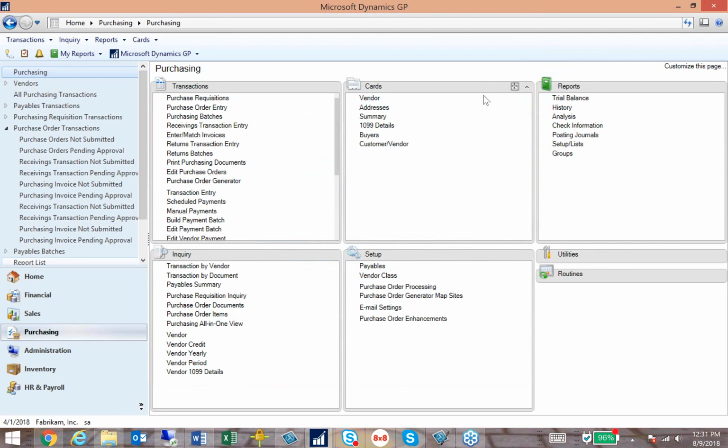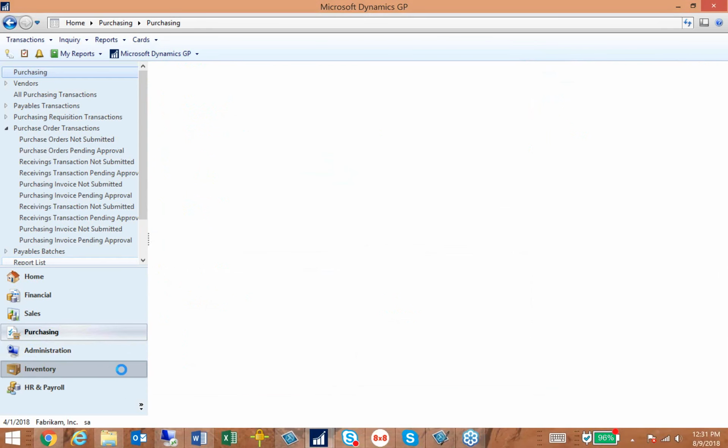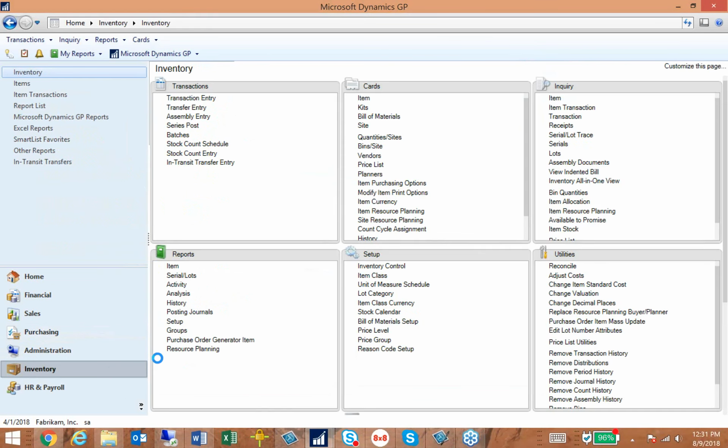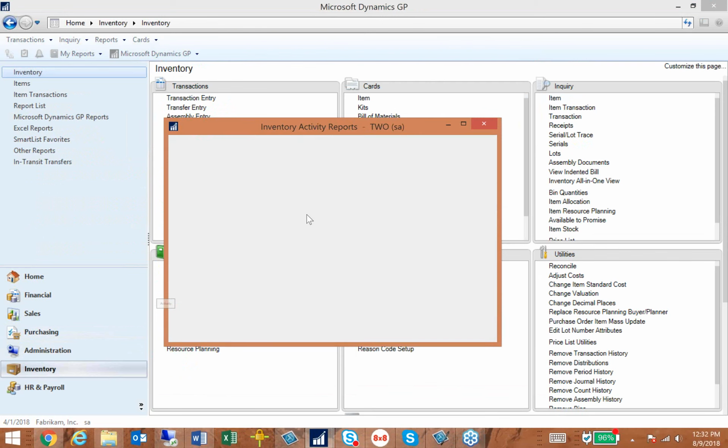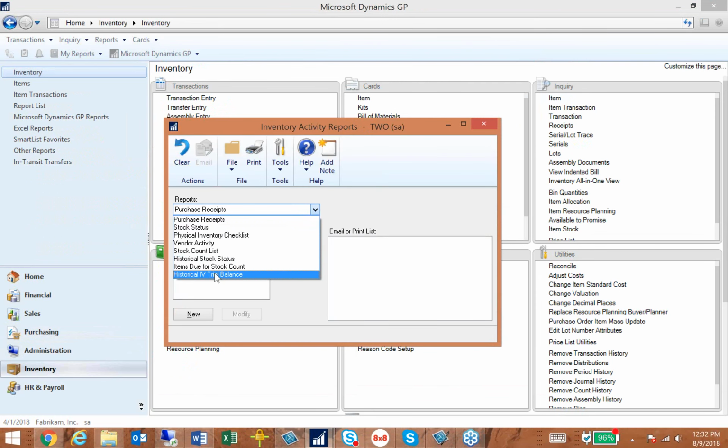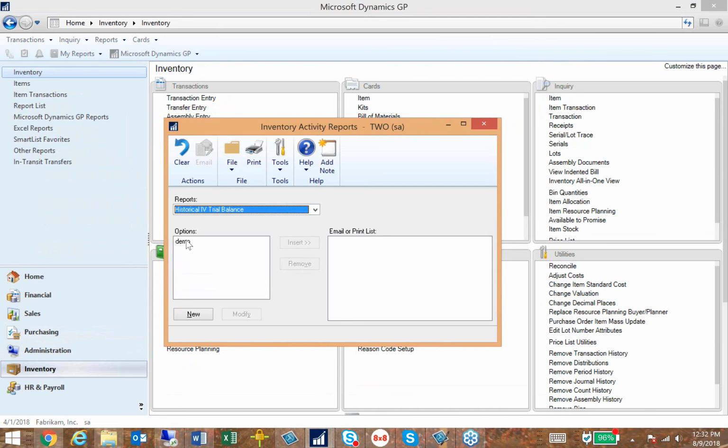So let me quickly move into inventory. Let's go to just a simple thing that I wanted to show, not do anything with it, but just to be sure you're aware of it. An important report that was added a few versions ago, but kind of is hidden, is, if we go into inventory and activity, if you're not aware of it, please be aware that there is a historical inventory trial balance report. And it acts much like the